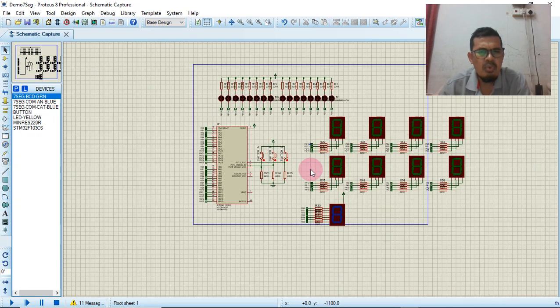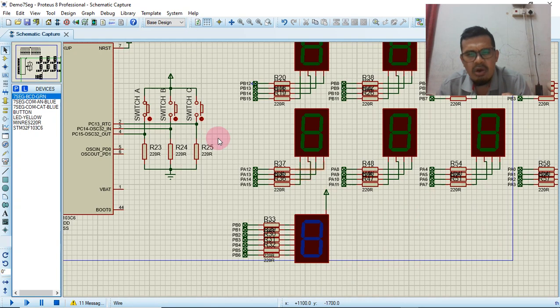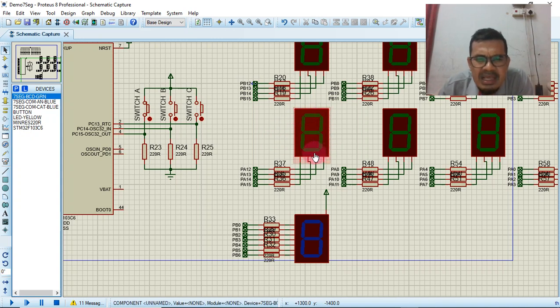So for one port A, I can connect to 4 seven-segment displays of the BCD seven-segment type. We call this a BCD seven-segment, or binary coded decimal, meaning that in order for this seven-segment to display 0, we just provide a 0 in hexa to these 4 pins, 0 0 0 0 in binary, equal to 0 in hexa, and then straight away the seven-segment will display 0.